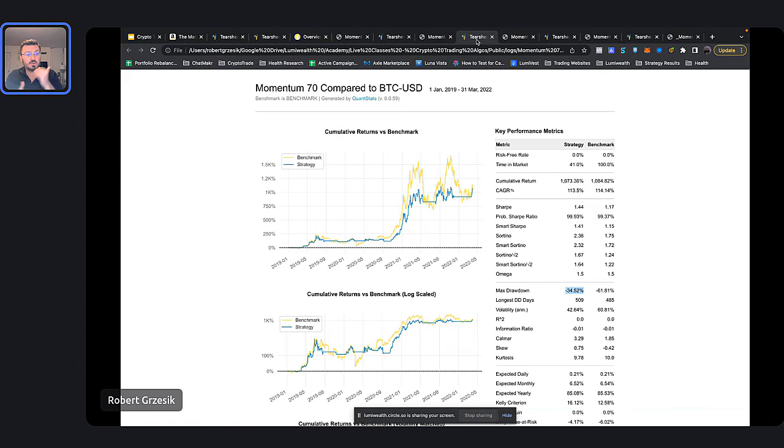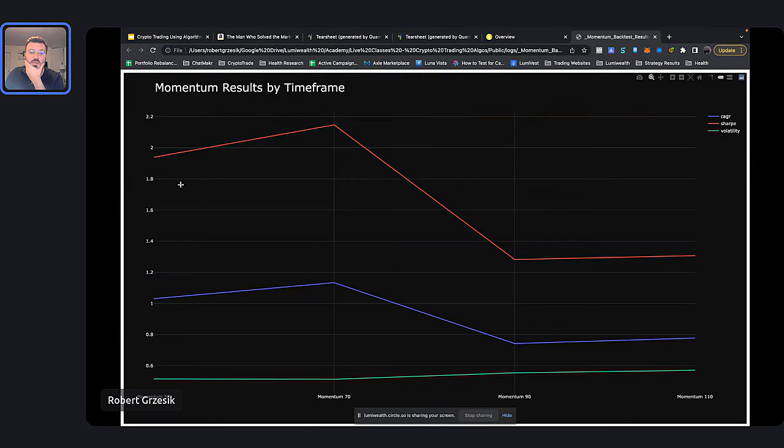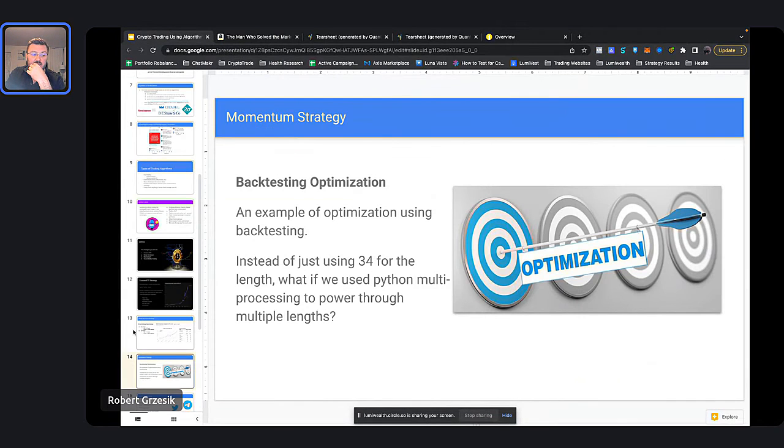So my point is that we could use algorithms to very systematically improve our trading. We're not just guessing at things. You're not just reading something on the internet and saying this is the way to do it. You can actually very systematically improve on your investment results. Okay, cool. I also have this thing print out this chart at the end. You can very clearly see that the 70-day is the best one right up here. Awesome. So that's that strategy.